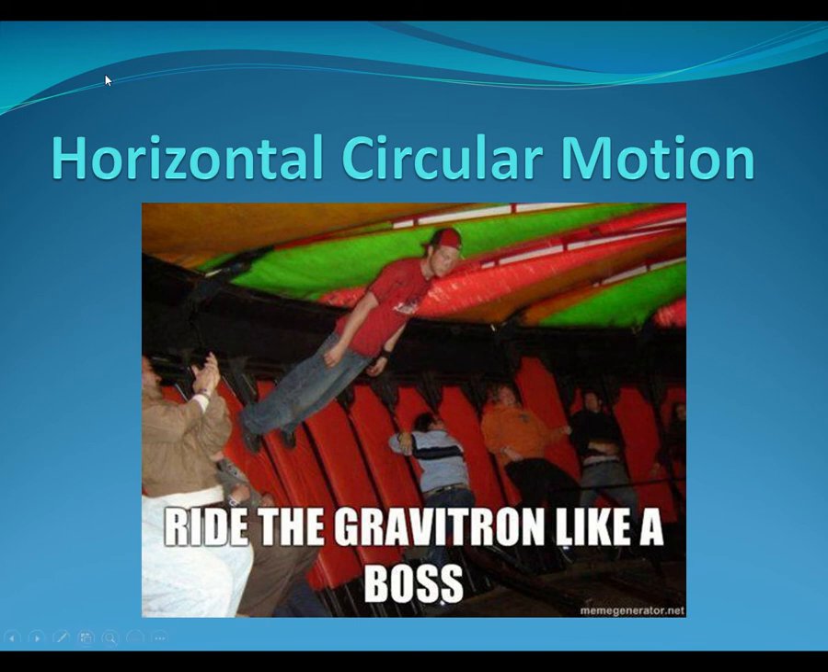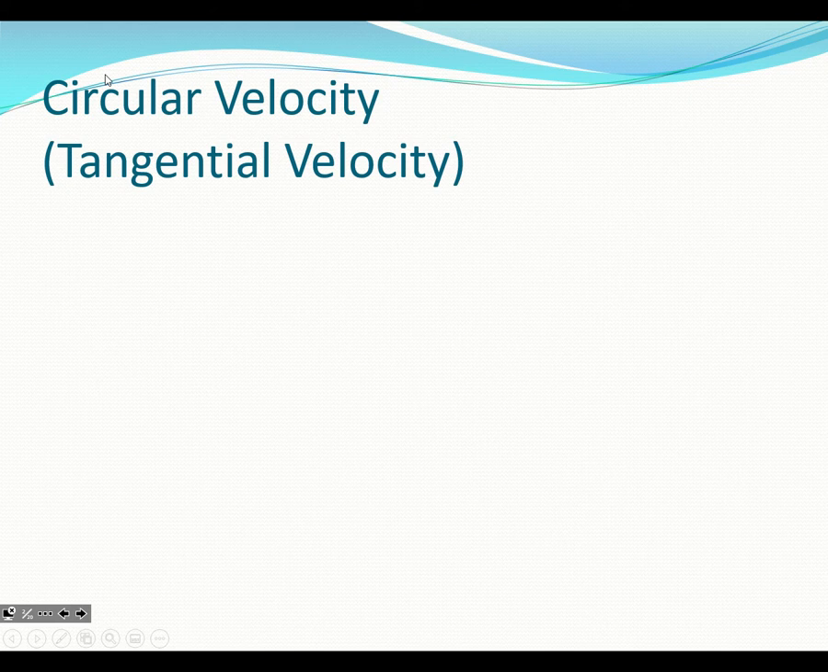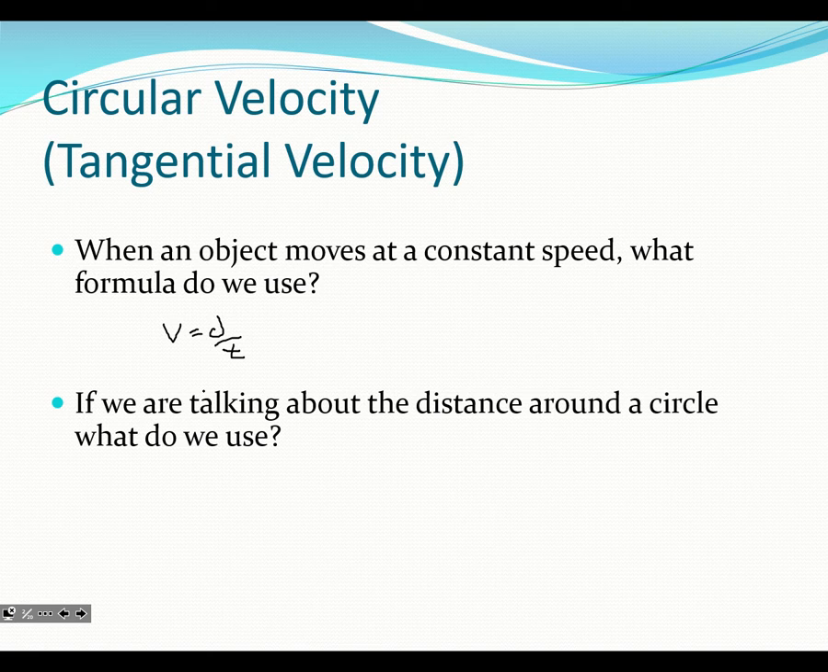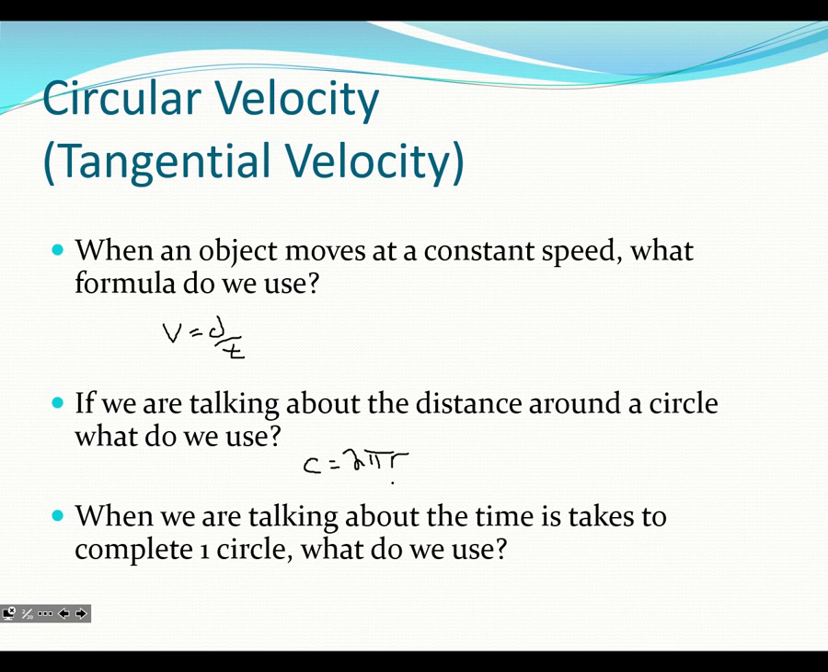So let's get started. Circular velocity, also known as tangential velocity. When an object moves at a constant speed, what formula do we use? Well, we use v equals d over t, right? And if we were talking about the distance around a circle, what do we use? Well, we could use circumference is equal to 2 times pi times the radius, or pi d, but 2 pi r, same idea. And when we're talking about the time it takes to complete one circle, what do we use? Well, that's our period,